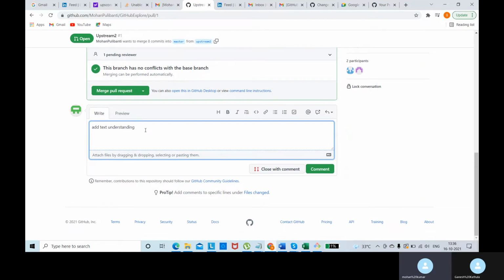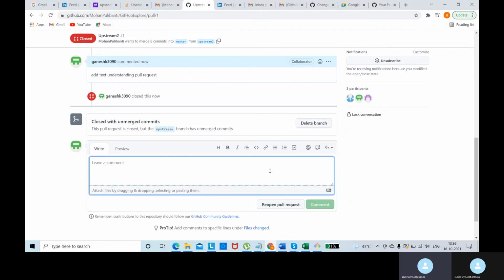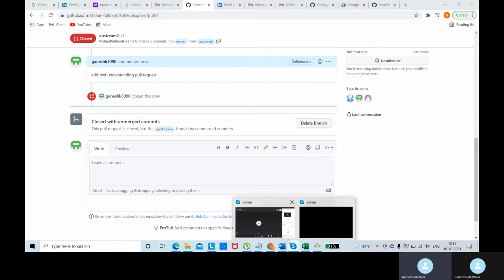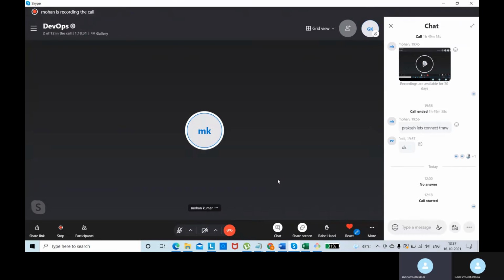So this is the change that he's asking me to do now. I will do that change and again create a pull request, and that is the only change he requires so that he can approve. Wait, don't comment it. Close with comment. So he's closing the pull request with a comment. So now that pull request is closed, and if I go back to my repository, his action is done. He closed the pull request with some comments. He wants some changes to be done. I have to do those changes and give it back to him.